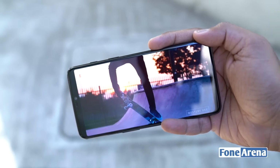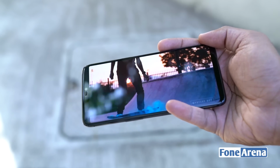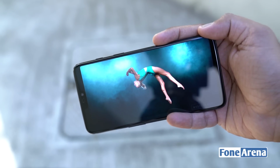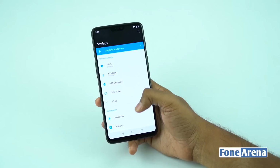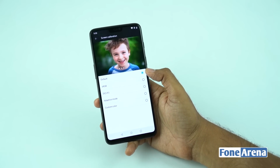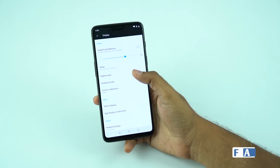Blacks are perfectly black thanks to the AMOLED panel. The color reproduction and the viewing angles are good. It was perfectly readable under the bright sunlight too. It also has a Corning Gorilla Glass 5 protection on the front. This device retains DCI P3 and the standard sRGB color profiles, reading mode, night mode, and ambient display options from